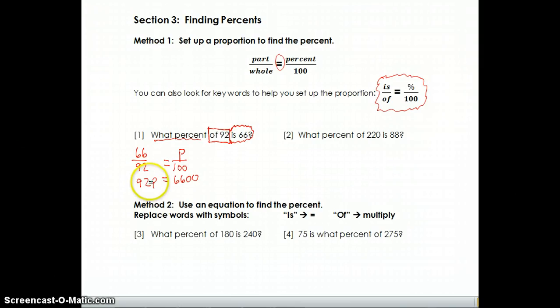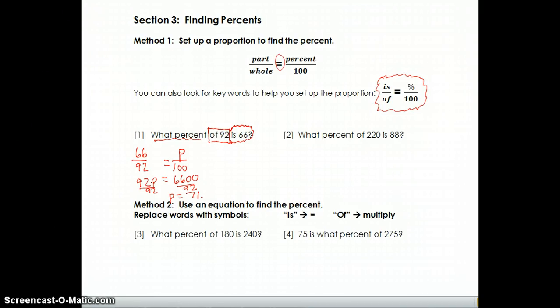We want to solve this. We want to undo it. We want to isolate this variable. So it's 92 times P, so we divide by 92. What we do to one side, we have to do to the other side. When we do this, we can plug this into the calculator, but we do want to show this step. And we get our answer to be